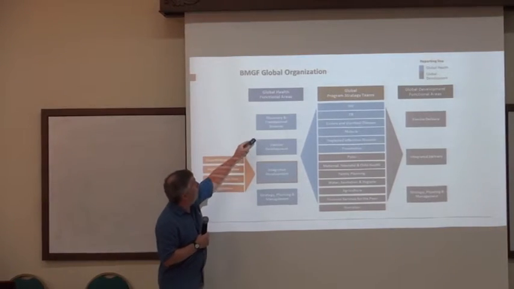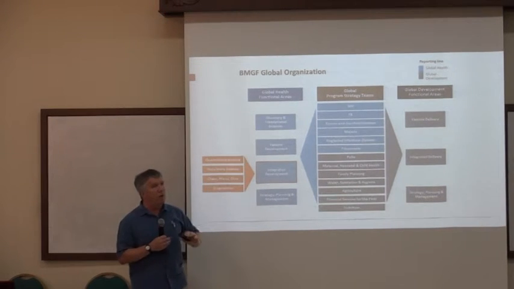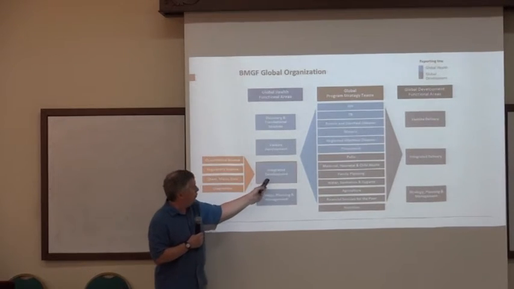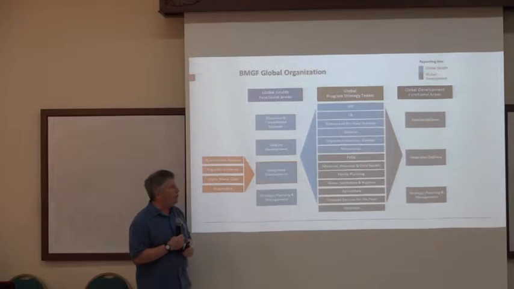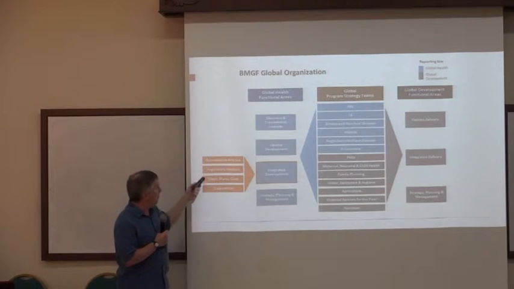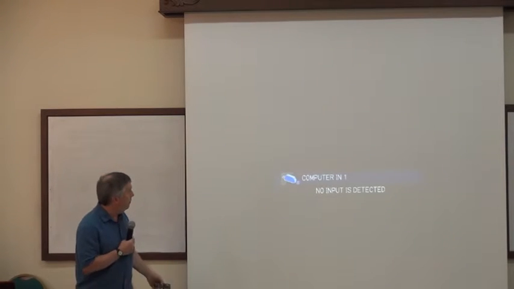And then along the side here, what do we call functional areas? And these functional areas support all of these different strategy teams. So here I've circled one called Integrated Development. That's the group that I'm a part of. And Quantitative Sciences sits in Integrated Development. We also have a Regulatory Science group, a group called CMC, or Chemistry, Manufacturing, and Controls, and a group called Diagnostics.